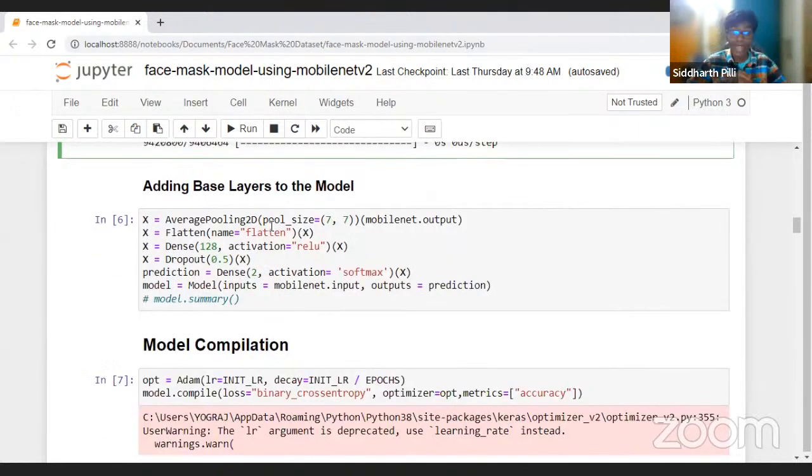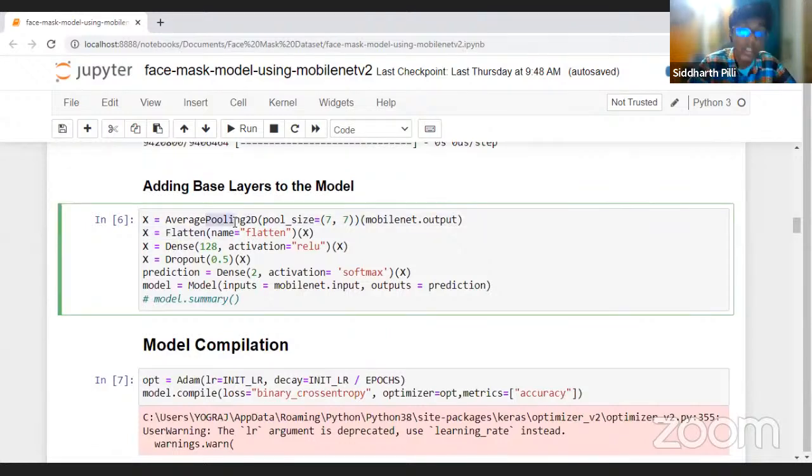And now coming to the base layers of the model. Pooling basically tries to bring down the entire image into a certain size. So if you have 7 by 7, it tries to bring down the image to that certain size out there. Then it flattens. These are a bit of complex concepts which I don't really think I can explain. But finally, I'll just come down to prediction.